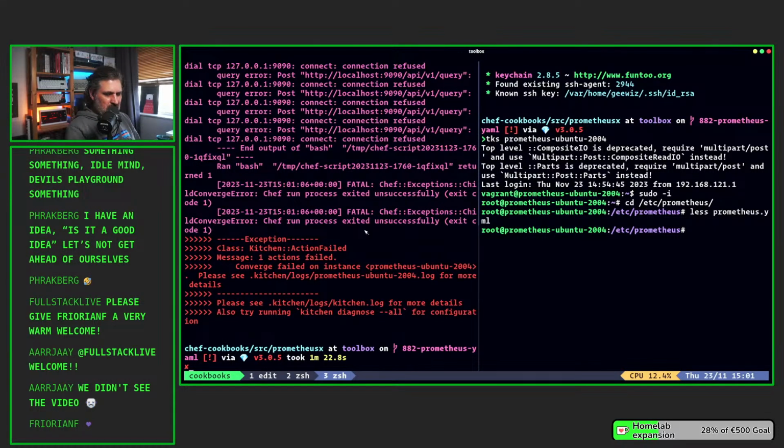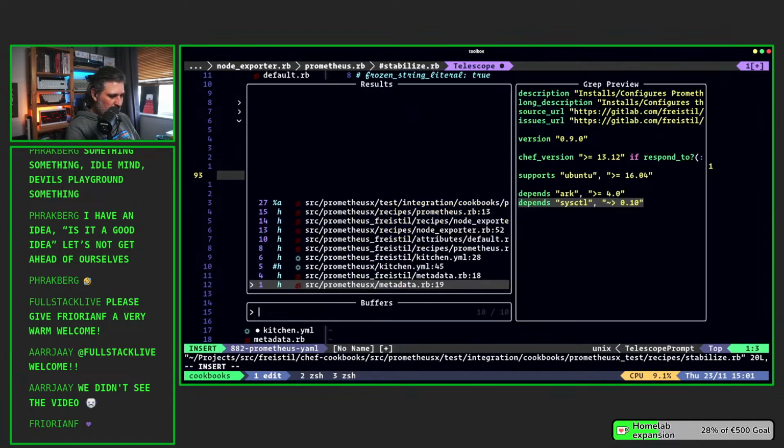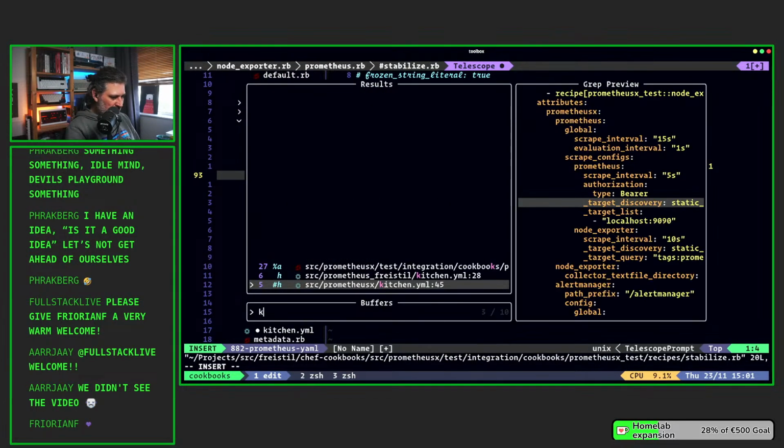That basically means I don't have to build a test, because since this doesn't even converge, we'll never get to the test. And so there's no use in proving that it didn't work, because we can clearly see that it doesn't work. Which means I can go right ahead and work on my fix, which I think is